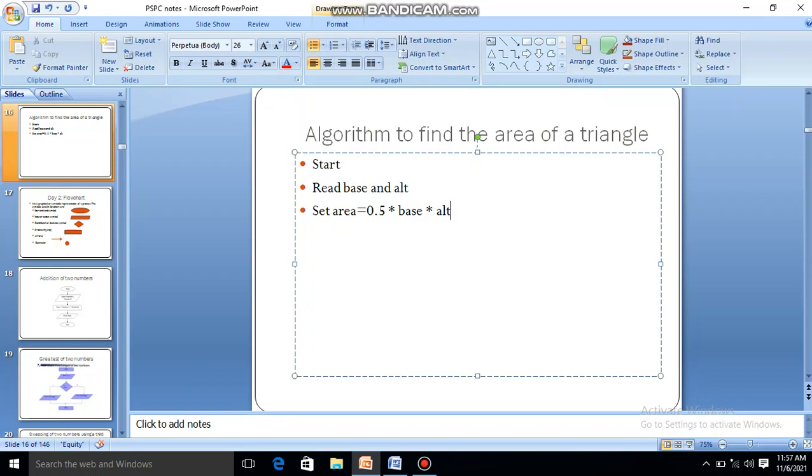So on the right hand side I have written my formula, and the answer will be stored on the left hand side in area. So what is the next step? The next step is to display the result. So I'll write print area, and then the last one is stop. So this is how to write the algorithm to find the area of a triangle.